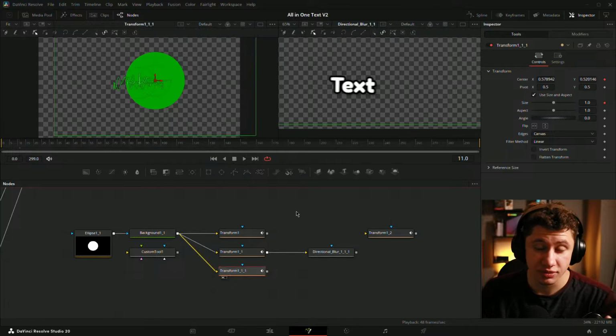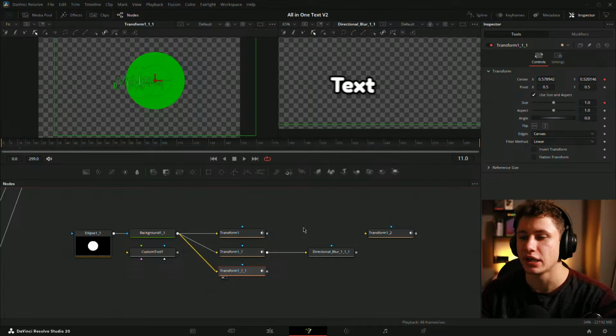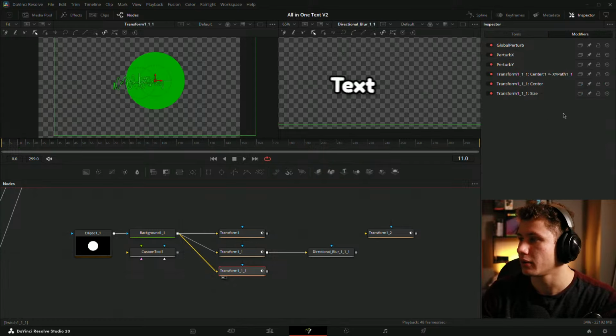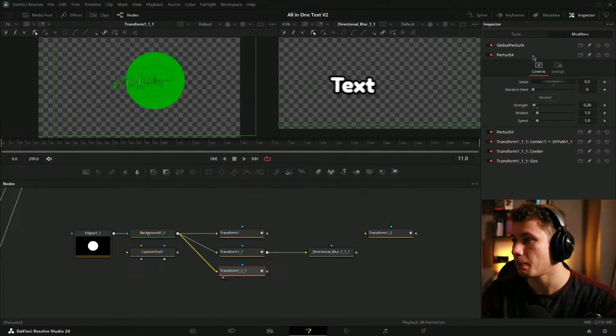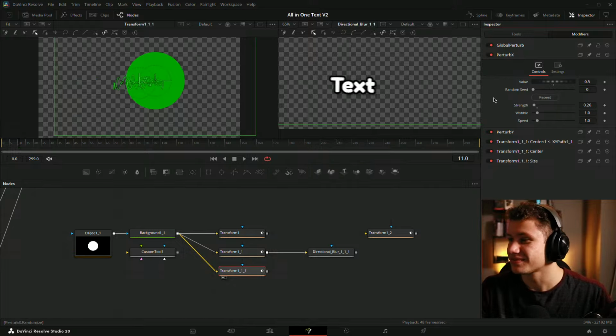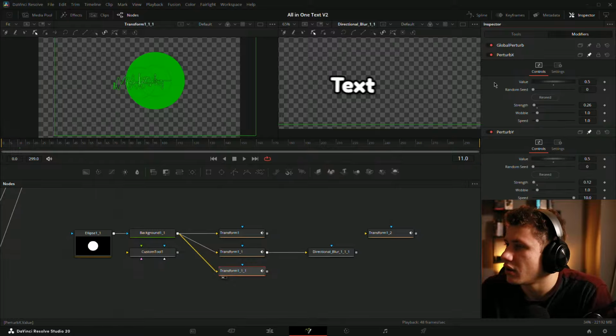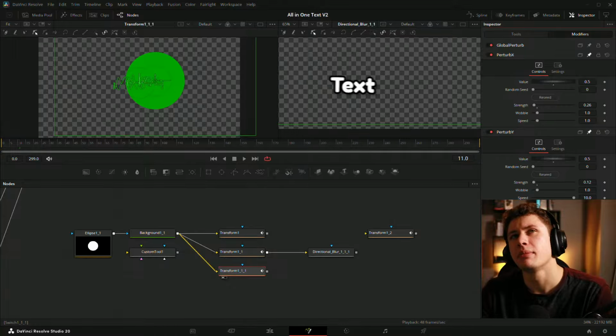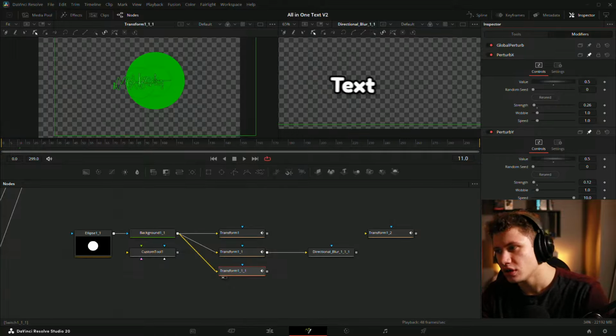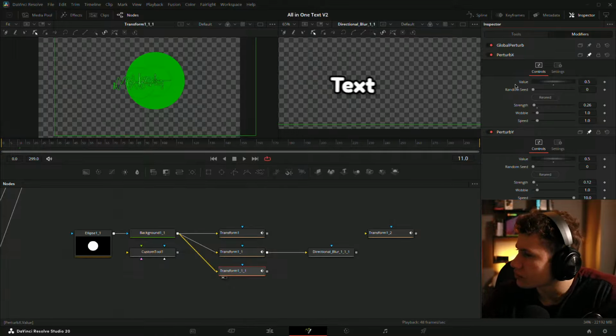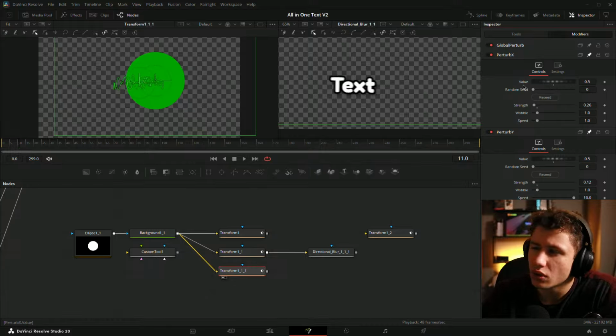So we're going to use expressions instead of actual straight Lua scripting in Fusion, and it will do basically the same thing, but it will work. So the way I would do this would be, we have perturb X, we have perturb Y. I'm going to need to add a switch to,